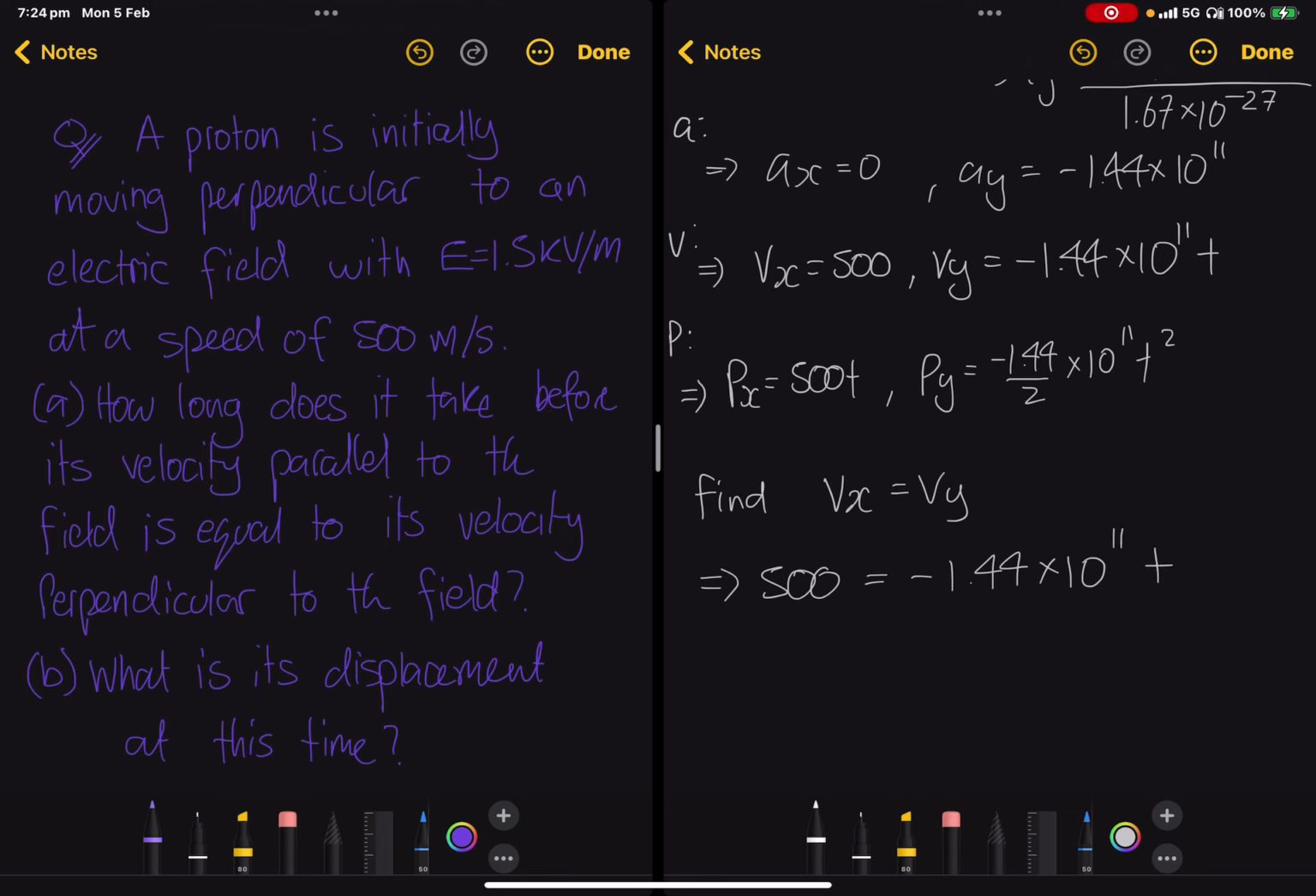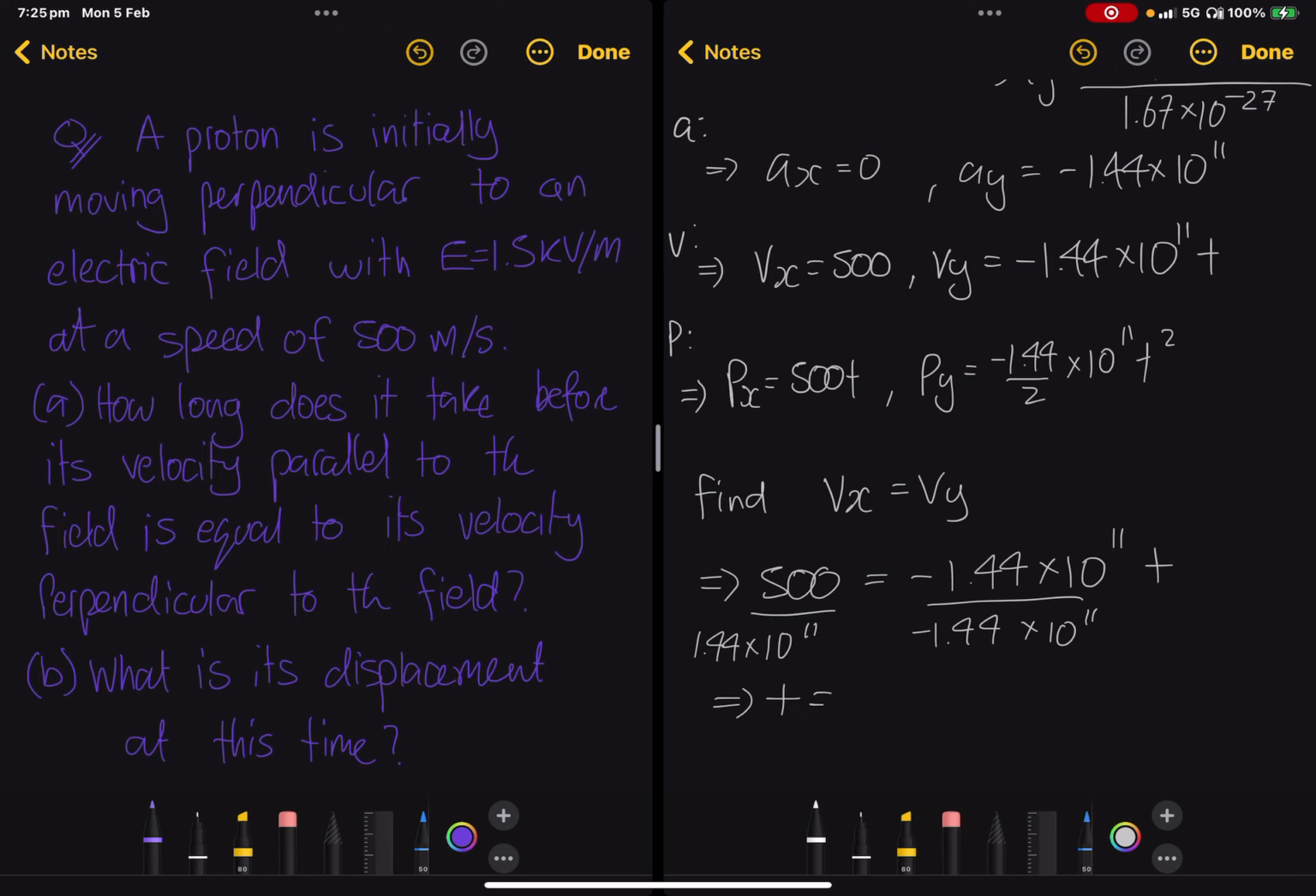Now we do have to be very careful here. Because we're doing this in quite a crude way, the t value is going to be negative, and we're just going to make that positive, right? Because this is time after. Because we're using Vx is Vy, we're getting some unusual things happening with the signs, but we're essentially just going to ignore this negative for the purpose of finding this t value. So we're going to divide both sides by minus 1.44 times 10 to the 11. So this tells us that the time is